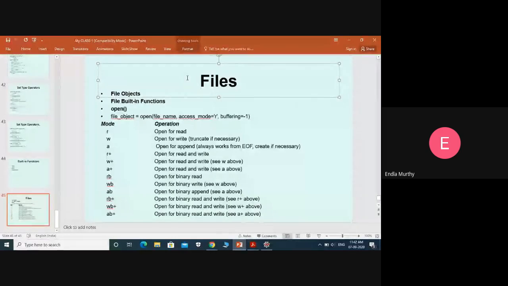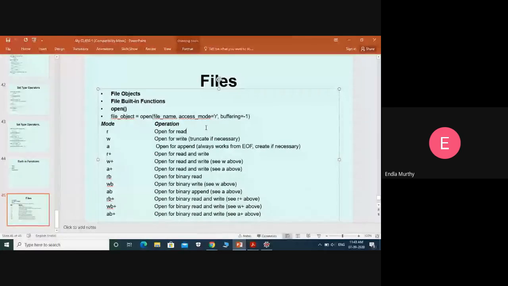In that, today we are going to learn the basic operations on files, like how we open a file, how we write and read some data from the file, and how we close that file. When we open a file, we also have different modes to open it. So we are going to learn these basic things.